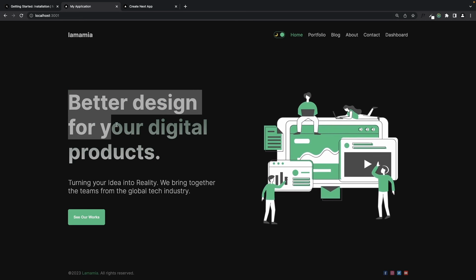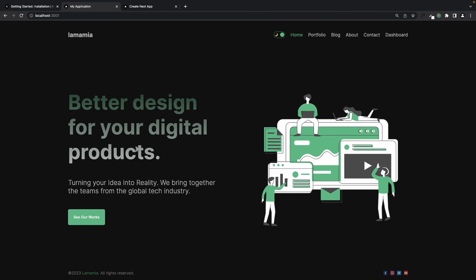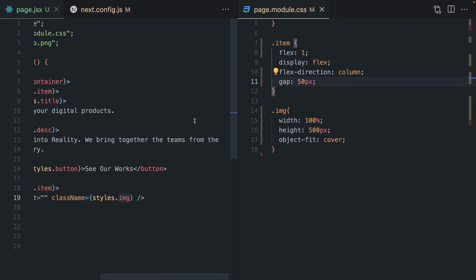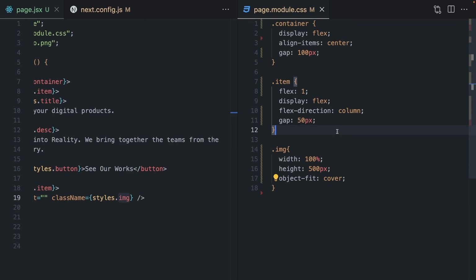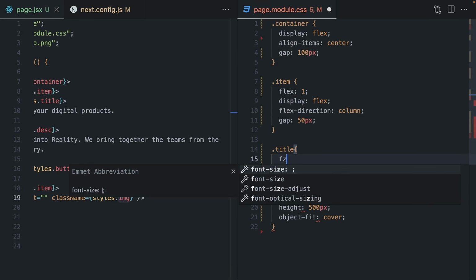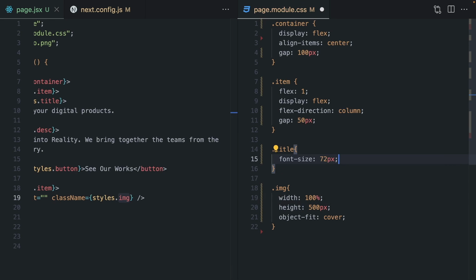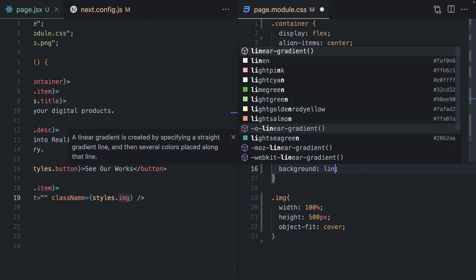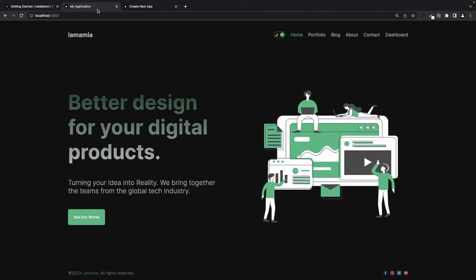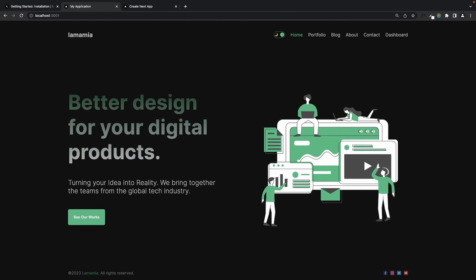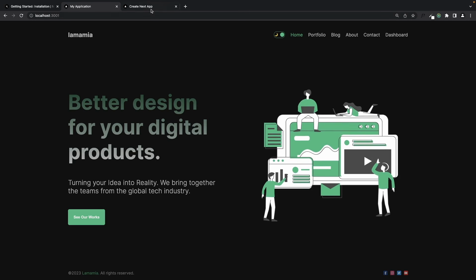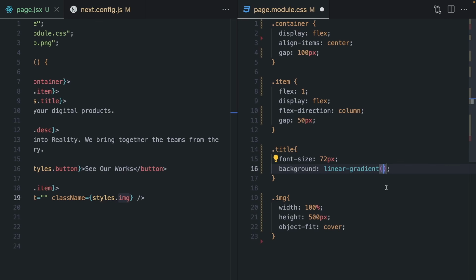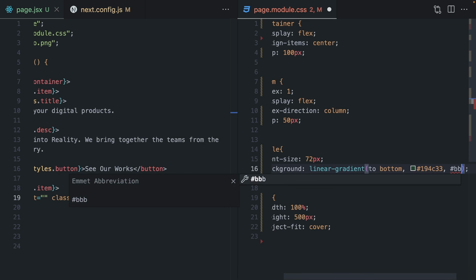So let's increase this font size and give this color effect. After this item, I will say title. Font size will be really big, like that. And I'm gonna give background, and it's gonna be linear gradient. It's gonna start from top, and at the bottom it's gonna be this gray color. To do that, I will say to bottom, and the first color will be this green color, and at the bottom it's gonna be gray,